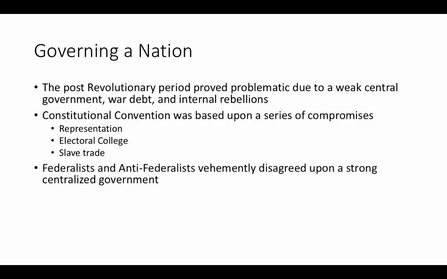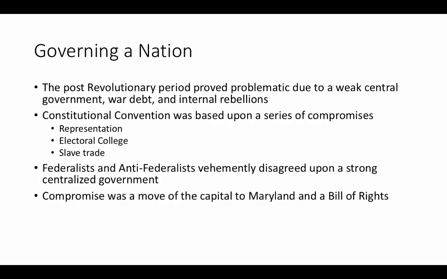Federalists and Anti-Federalists vehemently disagreed upon what type of government we were going to have, with the Federalists wanting a strong centralized government sharing power with states, and Anti-Federalists wanting all the power really localized in the state governments. Eventually, there was a compromise, and the compromise was to have the Constitution, but to move the capital close to Maryland so that states in the South would be able to supervise it, and to have a Bill of Rights